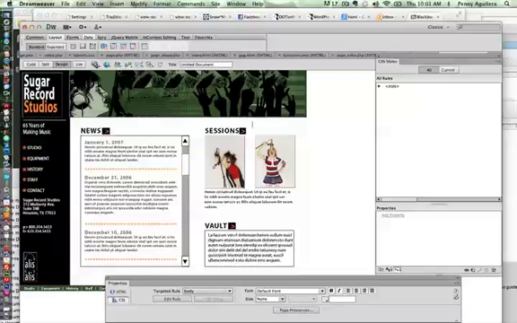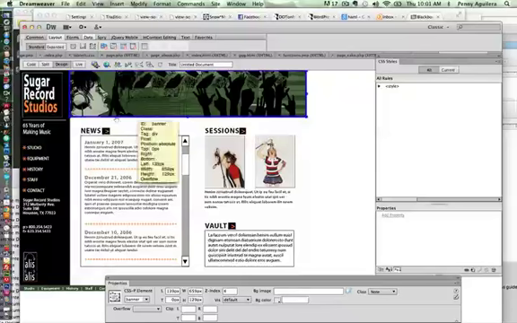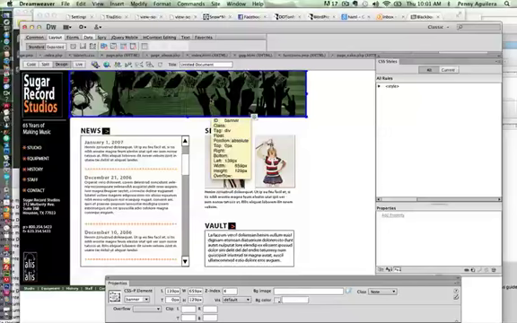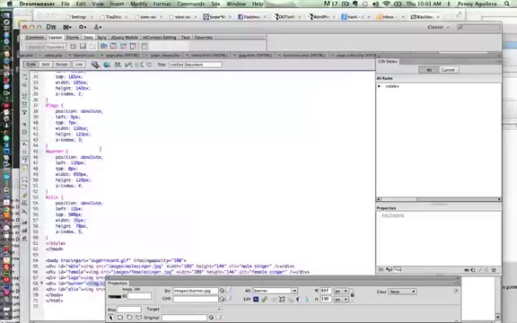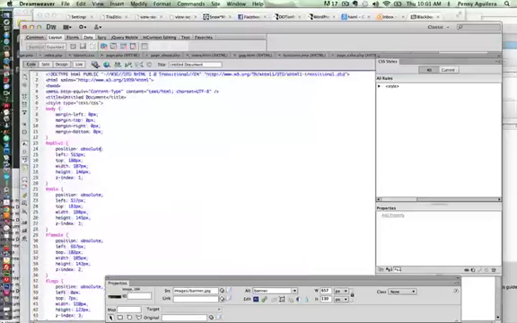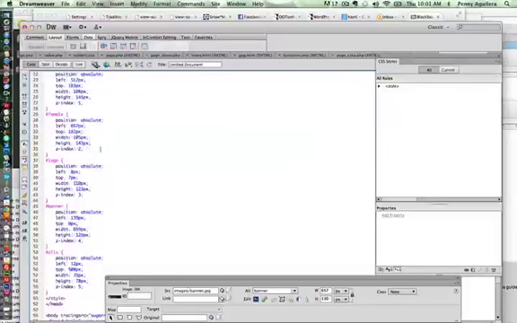I have finished creating div tags for all of the images on my page, and I've renamed the div tags. I have put the images inside. Before we go on, I'm moving back to my code view to remind you that Dreamweaver, every time you create